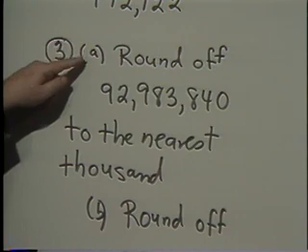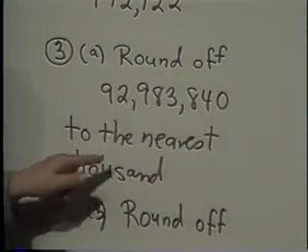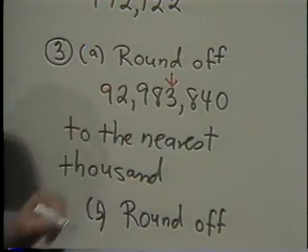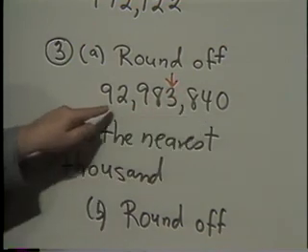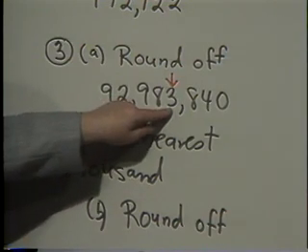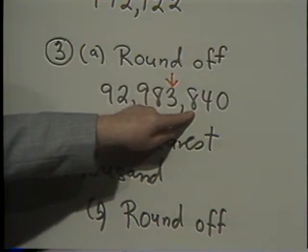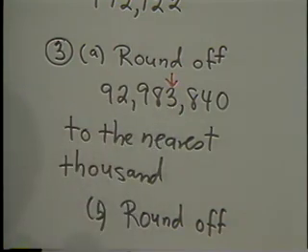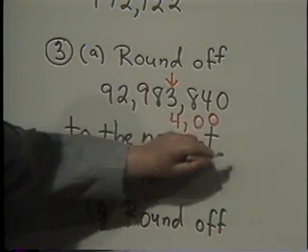See, problem number 3, part A says, round off 92,983,840 to the nearest thousand. Now, what does to the nearest thousand mean? It means that we want to look at this column over here, the thousands column. Well, take a look at this. You see, if you ignore the 840, you're between 92,983 and 92,984. Which multiple of 1,000 are you closer to? Well, since this digit over here is an 8, that means you're closer to the next higher multiple than to this one here. In other words, since this is more than halfway between, you change the 3 to a 4, drop everything else,